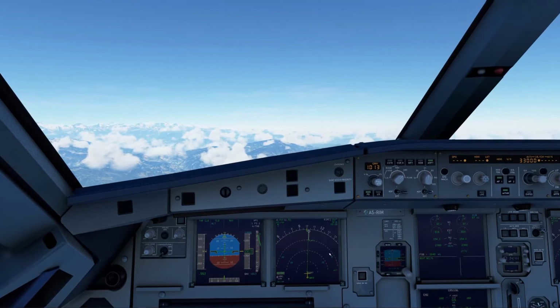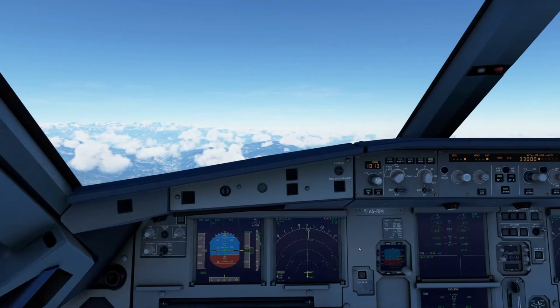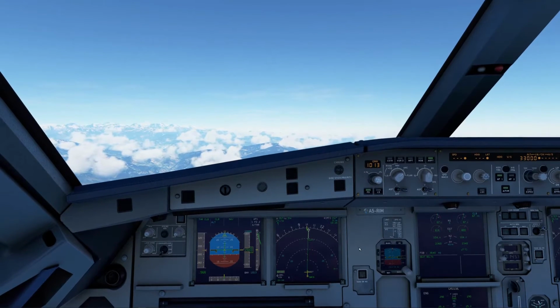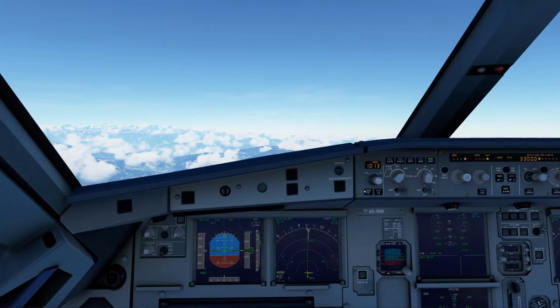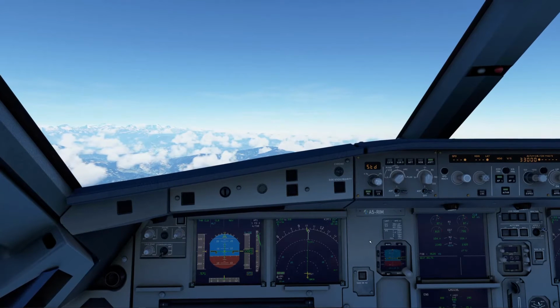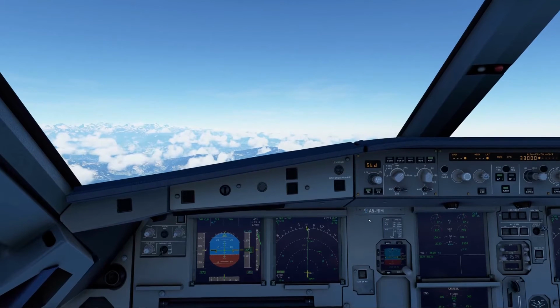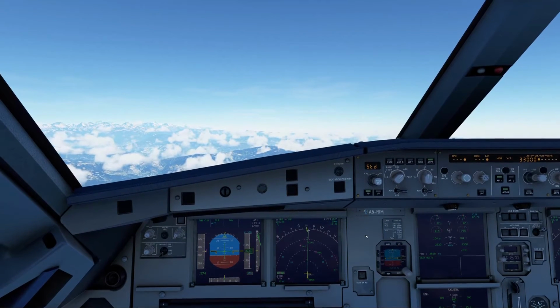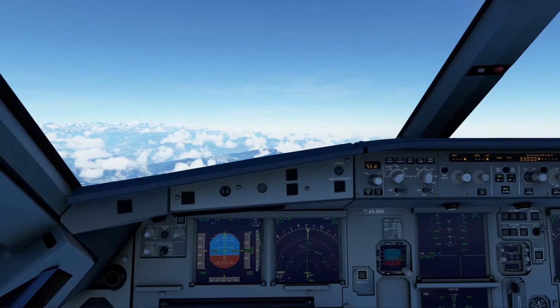I've had a couple of times where the flight plan has just disappeared, literally disappeared, and I'm not sure if they fixed it, but it was an issue in the fly-by-wire Airbus A320, so hopefully that's fixed, and also the Direct To as well. It would direct me to another part of the flight plan which I wasn't quite ready for yet, so we'll see how that goes. Hopefully it's okay.